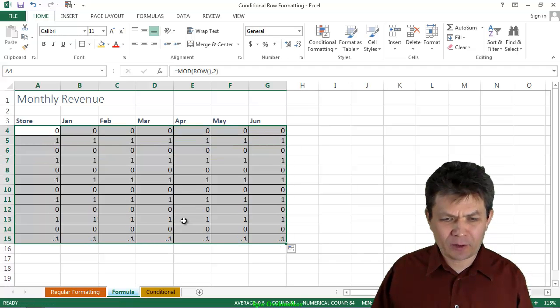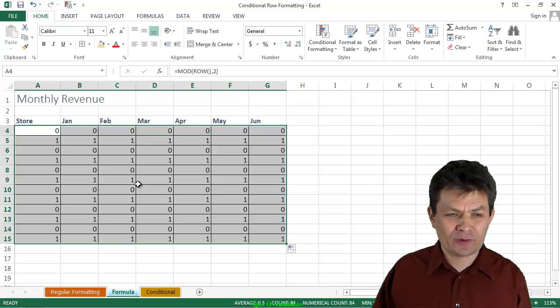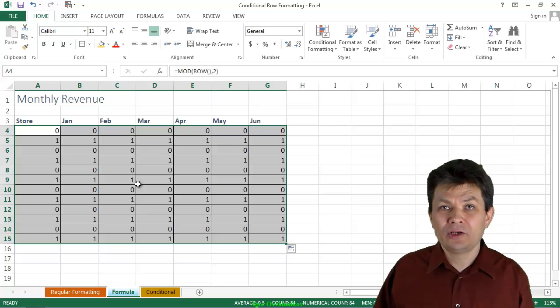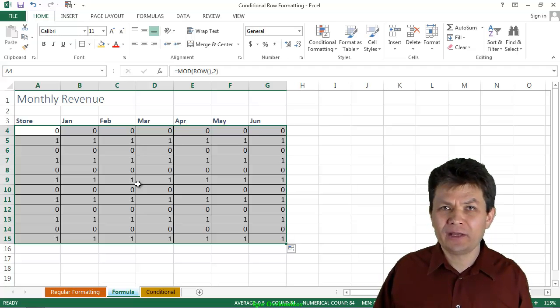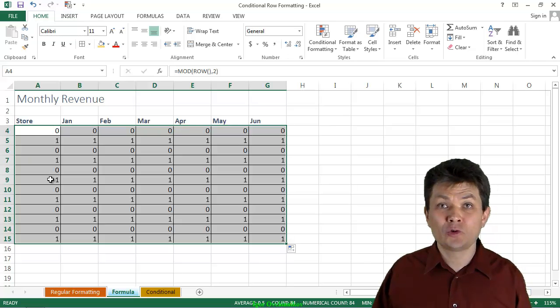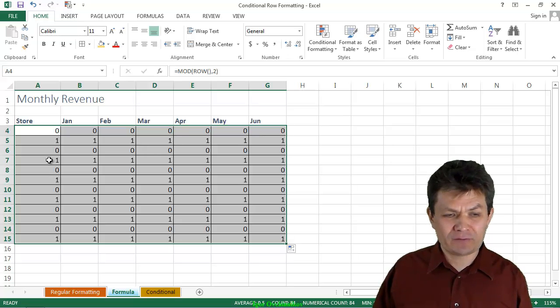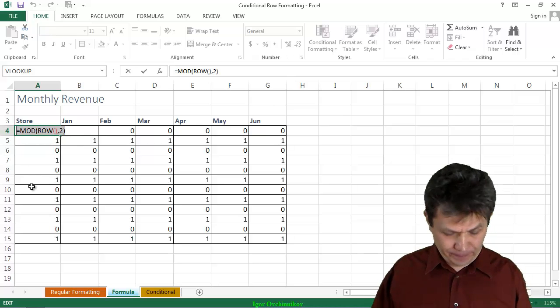And the result that we get is either 0 or 1. Each one of the numbers, 1, 2, 3, 4, 5, 6, 7, 8, 9, and so on, if you divide it by 2, you will either have a remainder of 1 or 0. Either there's a remainder or no remainder. In this case, 1 and 0 is as good as true or false. It's a Boolean result. So I can use that formula, specifically that formula, in my conditional formatting rule as a